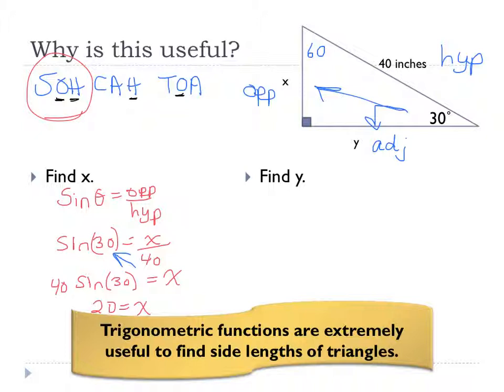And we knew that was going to be the case, because on a 30, 60, 90, the short side here is half the length of the hypotenuse. So we knew we would get 20. But here's just an example on how to use the ratios. Now let's find y. Well, I'm going to erase this so we can reuse this again. y is